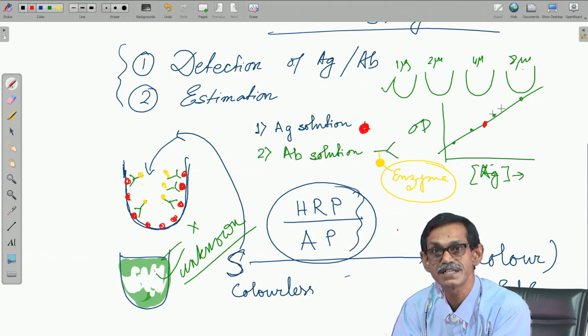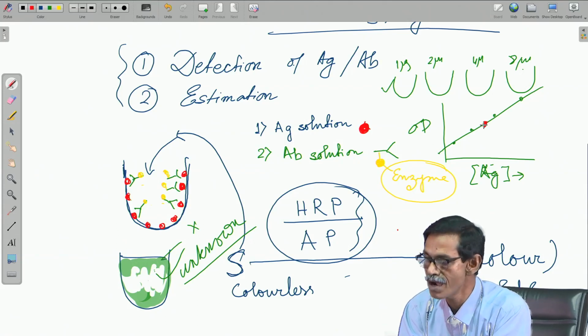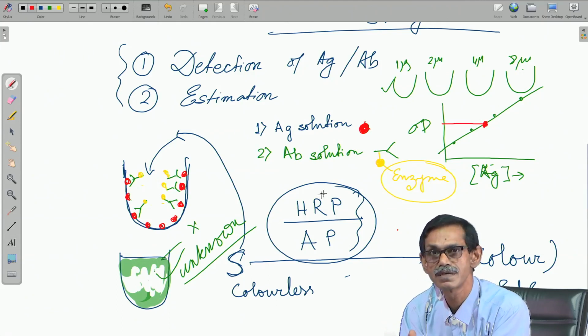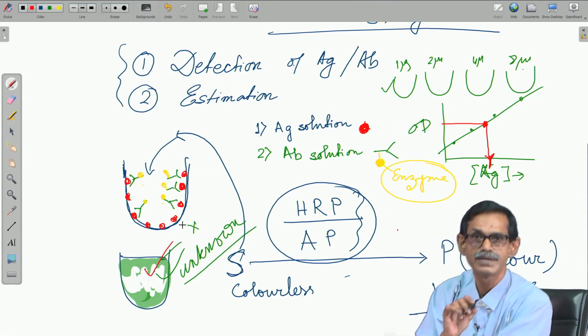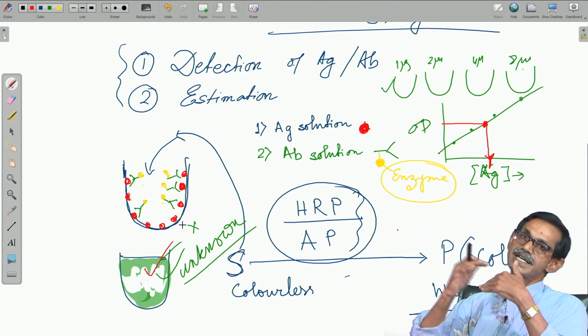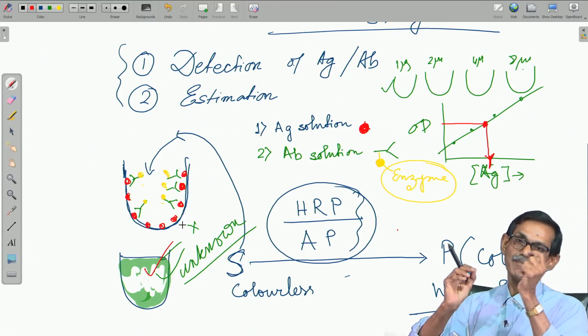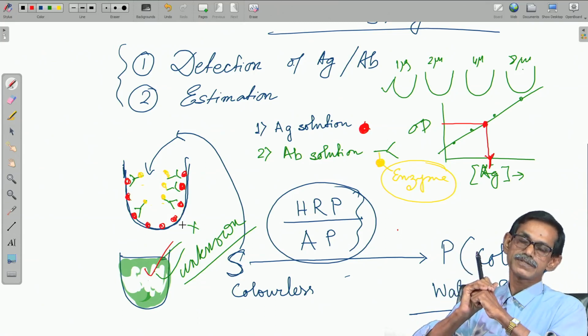This is the known standard, this is called the standard curve. So, if the unknown OD comes here, this is the OD, and if you go back, from the slope also you can calculate. Whatever concentration you get here, this is the concentration of antigen. So, that is how we can very closely measure the amount of antigen present in a given solution,